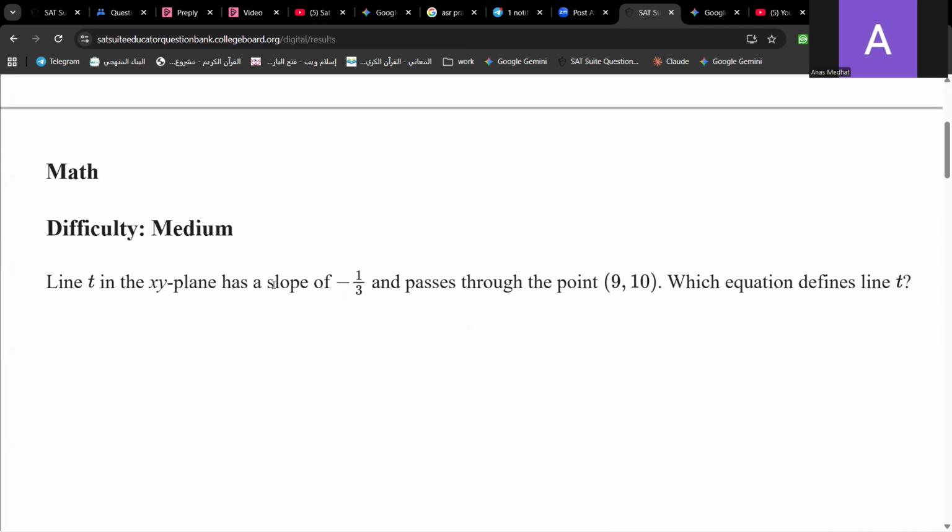Let the line T in the xy-plane have a slope and pass through this point. Which equation defines line T? Let's get the y-intercept and see the equation. Negative x over 3 plus